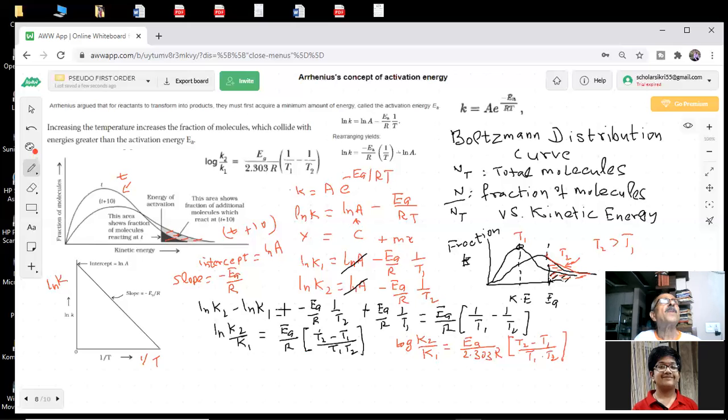Interesting, what I'm telling you is the Arrhenius equation. What is that? ln A. And on this equation, many times there are questions on the exponential factor. This is exponential. This is a pre-exponential factor. So the exponential and pre-exponential factors are important for us, and these formulas are very important, students. We have to use them for solving numericals, which we will be doing. Okay. All right, let's go further.